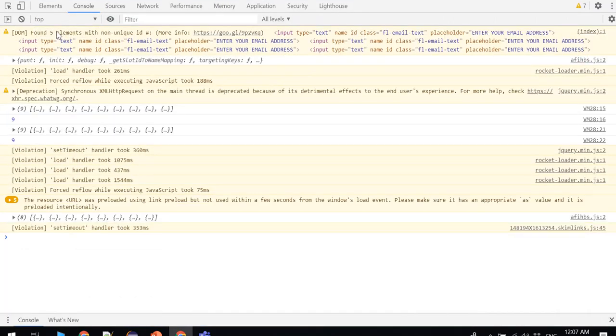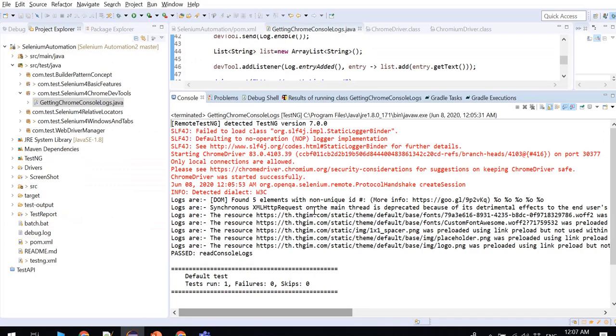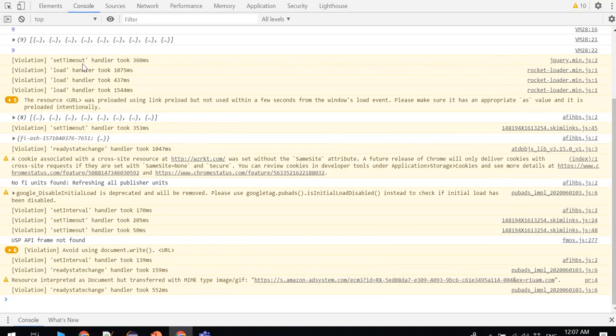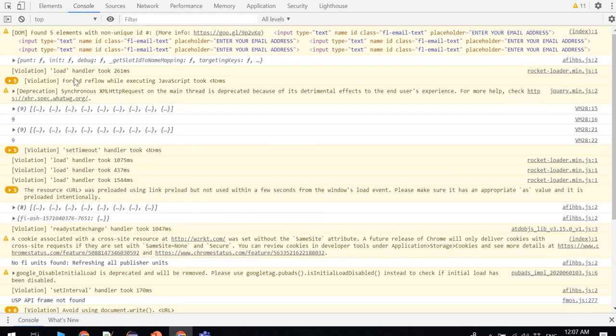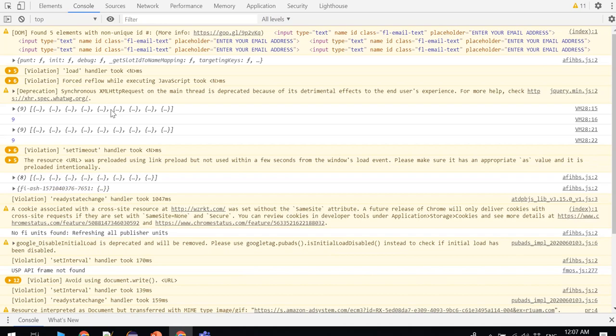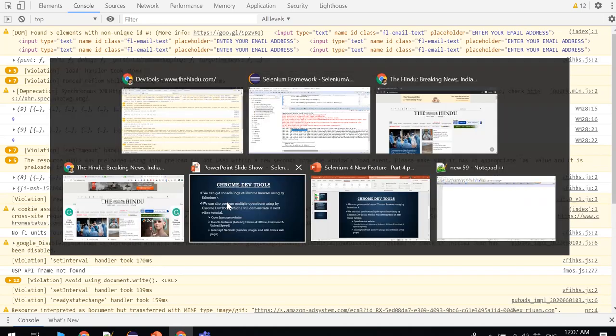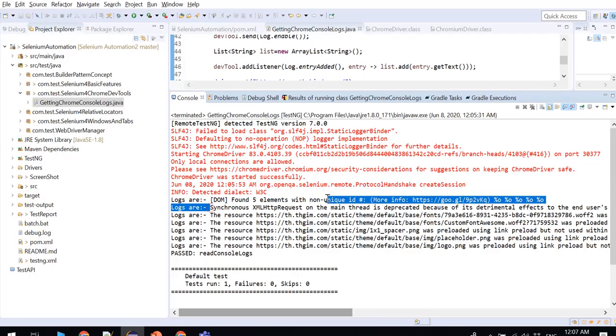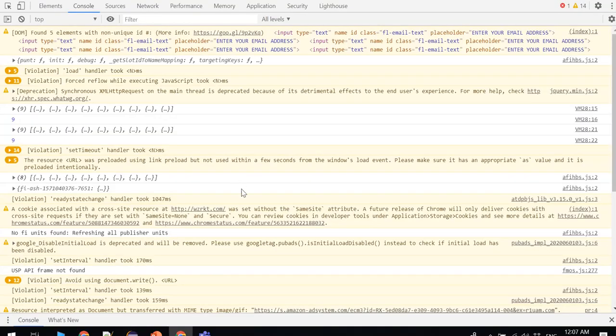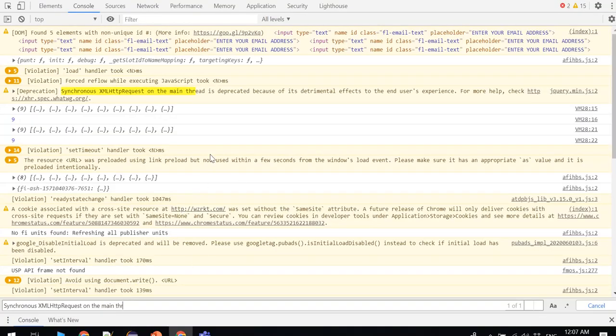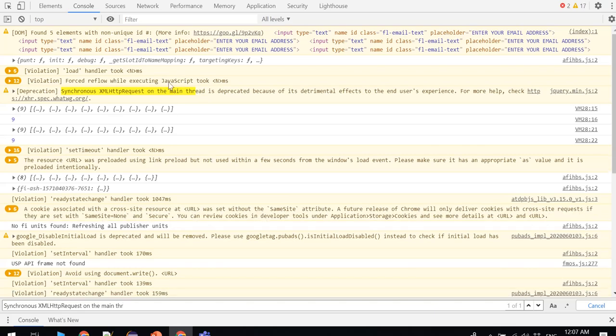We can see here "found 5 element with non-unique". Same, we can see it reading a synchronous XML HTTP request. I think the logs are not static, so they are changing. If I search here in the console logs, we can see it.